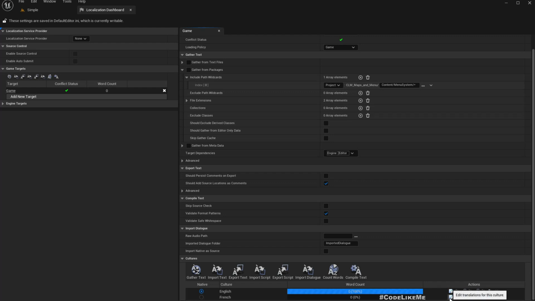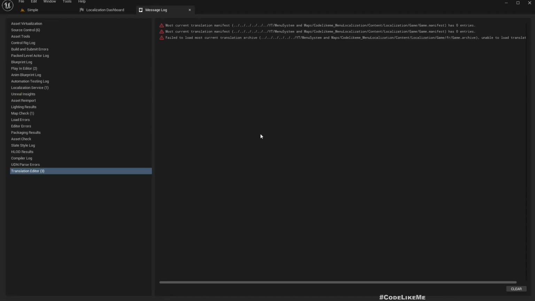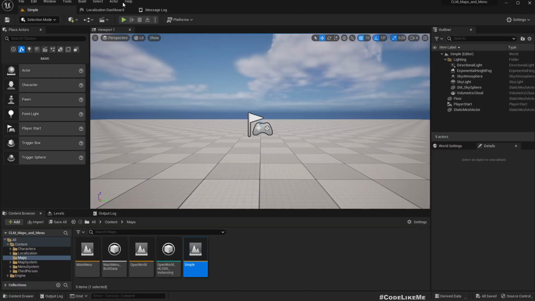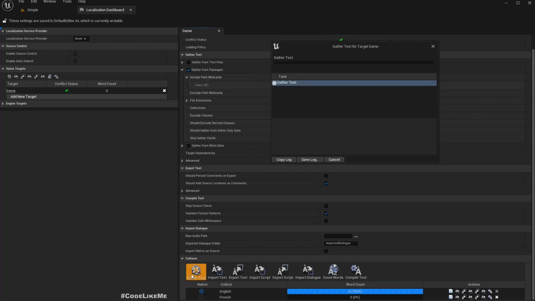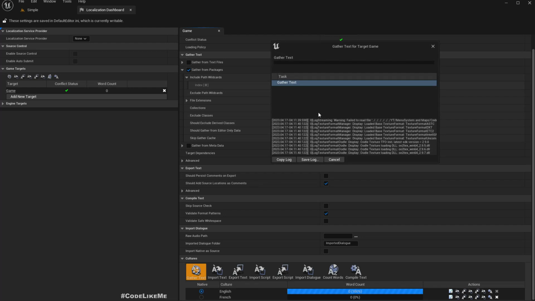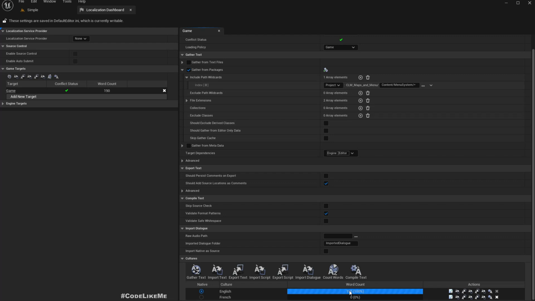And now if I go to edit translations for this culture, wait, I think this is still running. Sorry, I have to enable this gather from packages. Only if I enable it, it would be able to collect texts. Right, see, now I have 190 entries. Now if I go to edit translations for this culture, you see